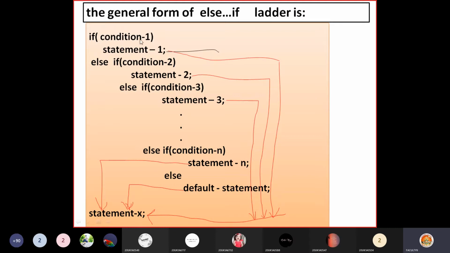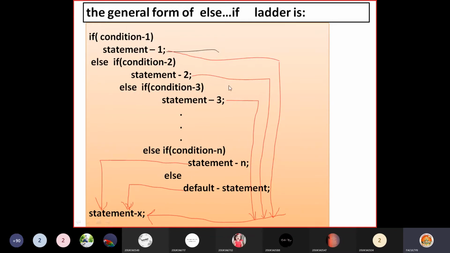Now see here, if condition 1 is true, then the remaining part of this ladder will be directly skipped and control jumps to statement X. If condition 1 is false, then else. And with this else, an associated statement is again an if statement. Second condition you are testing here. Condition 2 you are testing.